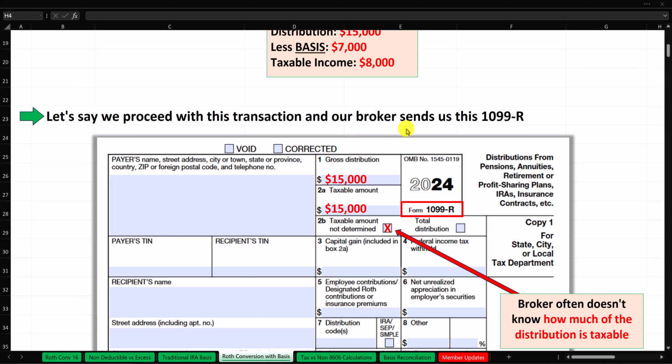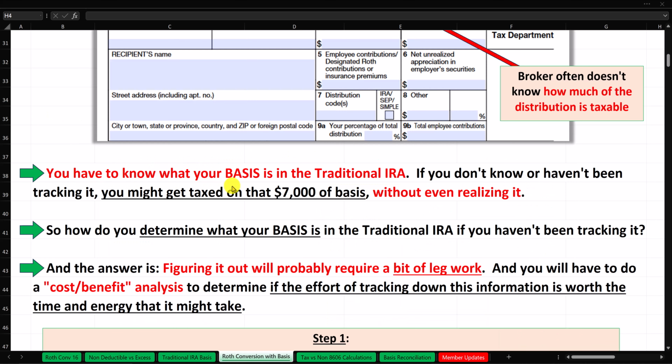Now, despite the fact that we can calculate the taxable income, let's say we proceed with this transaction and our broker sends us this 1099-R right here. It's very common to see the gross distribution listed right here, the taxable distribution listed as the same amount, and then this box checked that says taxable amount not determined. The reason is that the broker often doesn't know how much of the distribution is taxable. So they will commonly just put the same amount that's in box 1 right here in box 2A and then just check this. So you have to know what your basis is in the traditional IRA. If you don't know or haven't been tracking it, you might get taxed on that $7,000 of basis again without